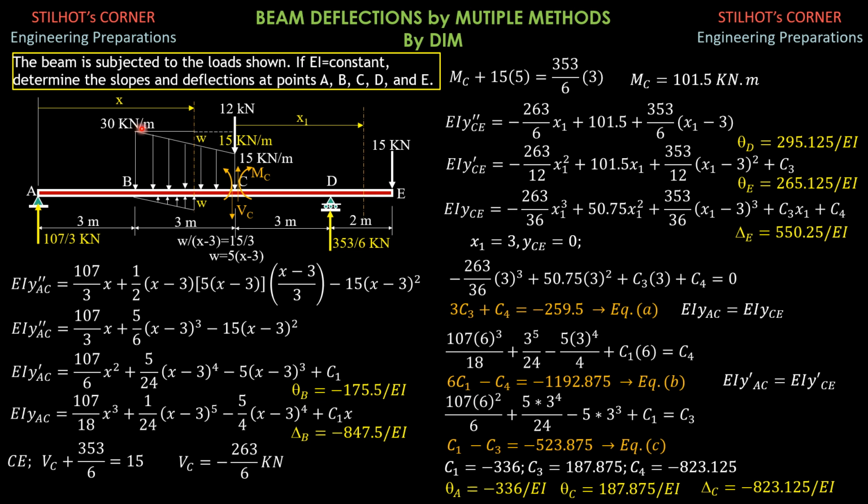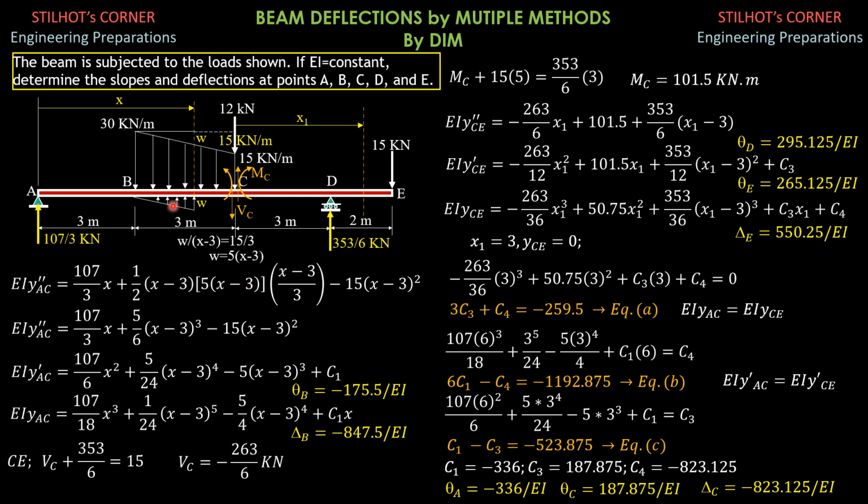So for the first differential equation, EI y double prime AC, the moment at this section is equal to 107 over 3 times x, plus this area, which is 1/2 of (x minus 3) times w, and w is equal to 5 times (x minus 3) from here. So we have w, that's also w. I make the